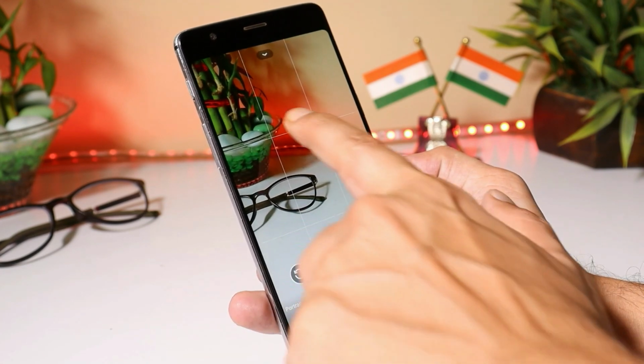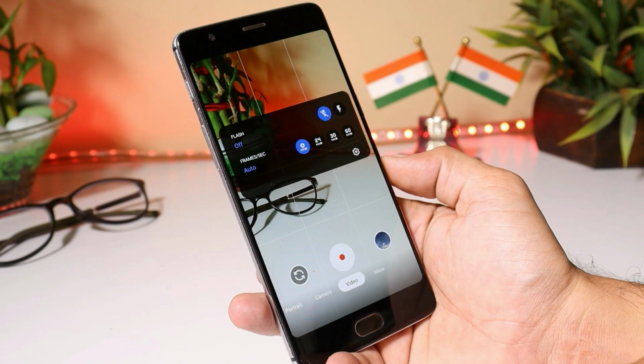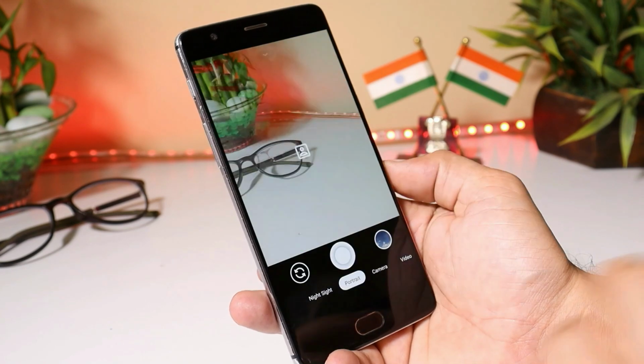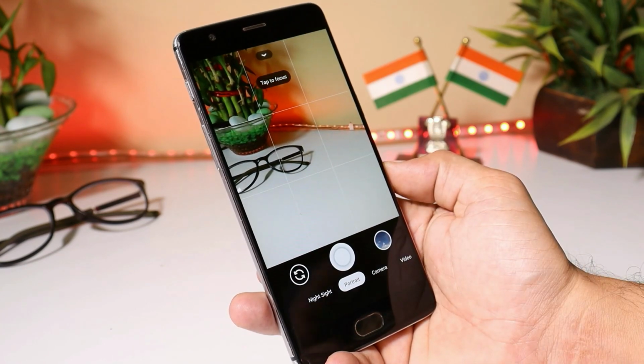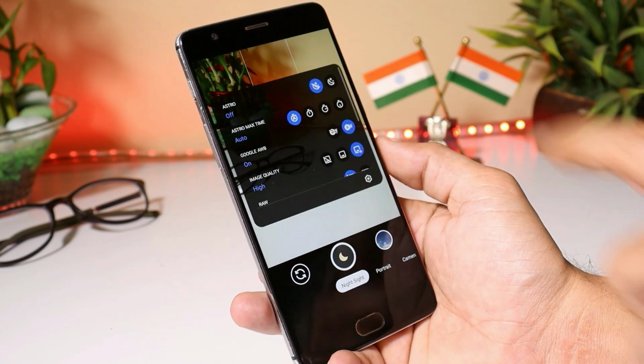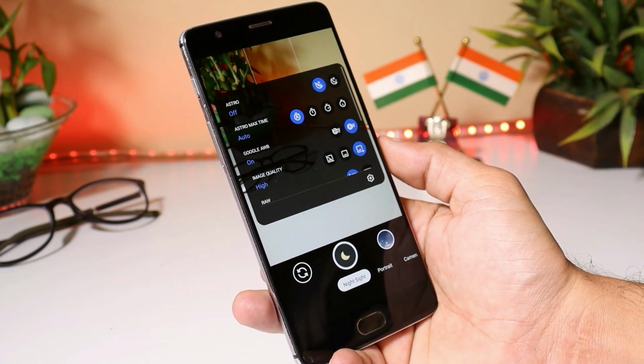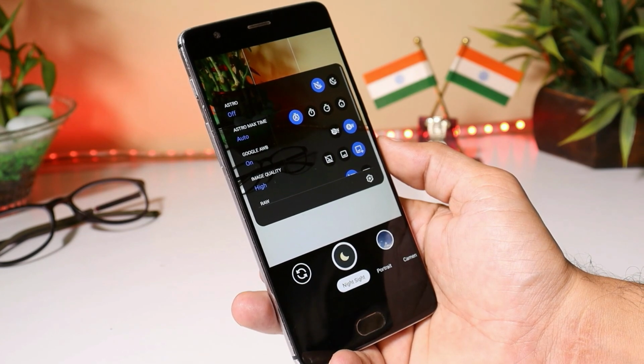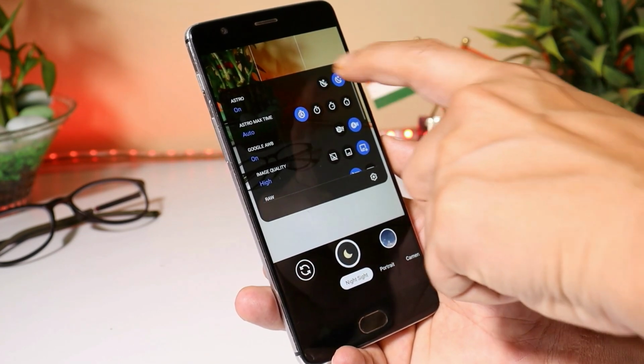Basic stuff like your camera and video recording works. You can record videos at 4K in 24 FPS, 30 FPS and 60 FPS. Portrait mode works really great, as stock camera doesn't come with that feature, which is portrait mode and night mode. So night mode also works awesome on this build. You also get the astrophotography option, in which you can set the time as per your preference. You can enable astrophotography from here.